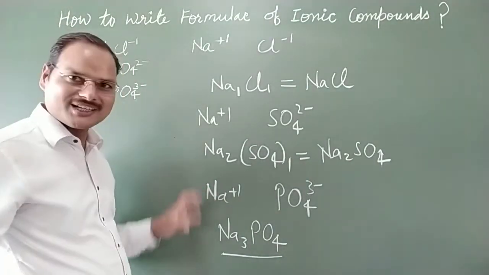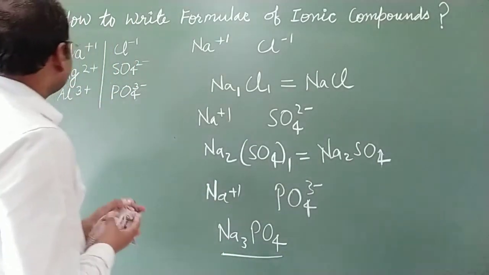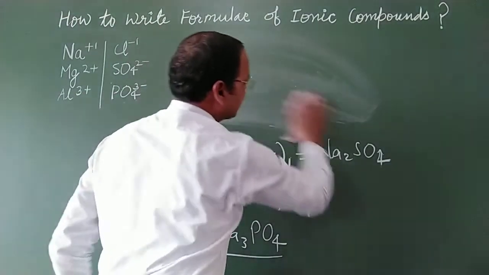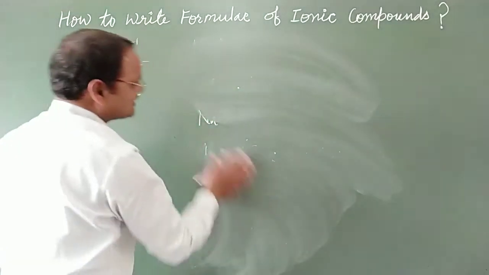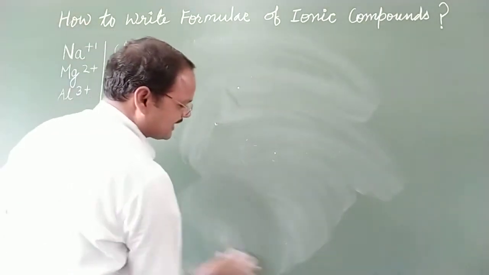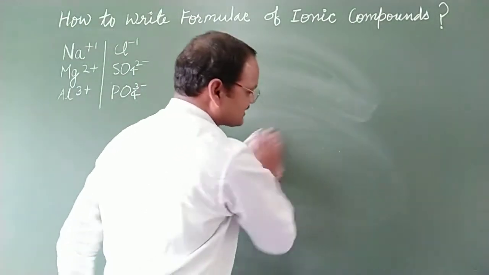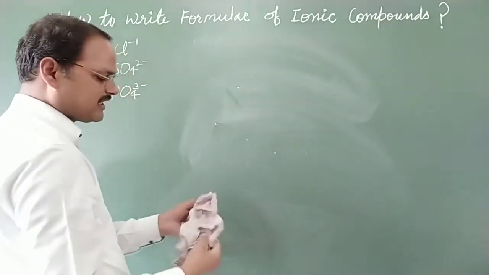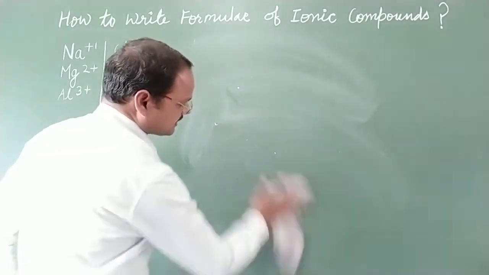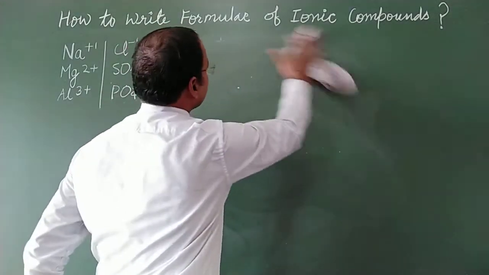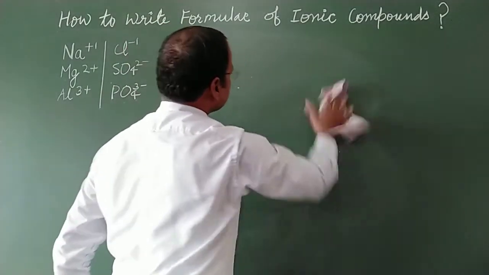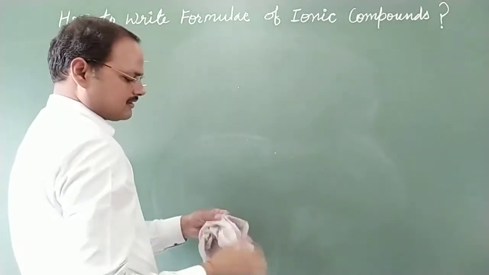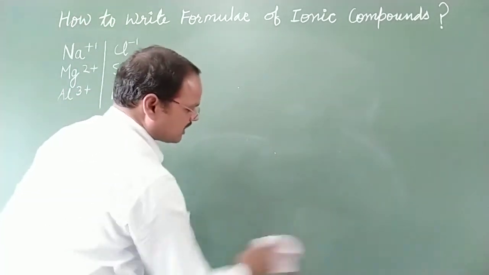I hope you understood. Now see, I am taking the other ion, that is magnesium, and this magnesium will join with all these 3 negative ions, negative radicals or anions, one by one. It means with magnesium we will get 3 more different formulas here. So see this concept also for some more examples. I am taking here magnesium with one by one all negative ions.